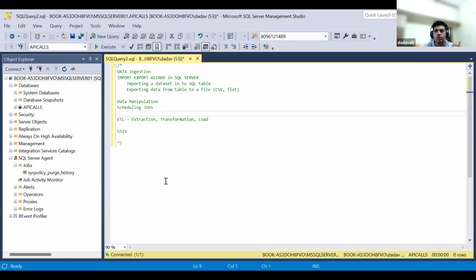One of those tools available on the market is Informatica. Informatica is another tool which is used for extraction, transformation, and load. And there is one more called Ab Initio. All these tools are used for extraction, transformation, load, ETL processing. And we call them